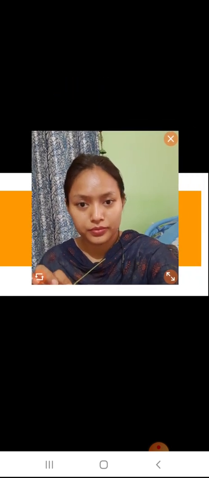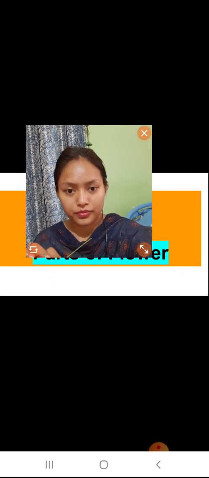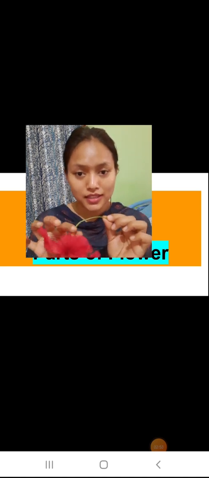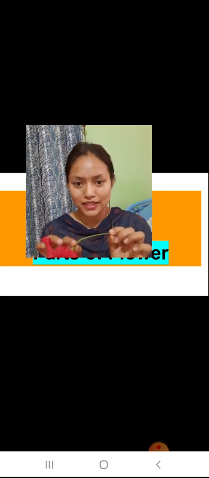I'll zoom this for you. First of all you will explain this portion. This green flexible stick, where is it present? It is present on the stem, and this portion is known as the pedicel.